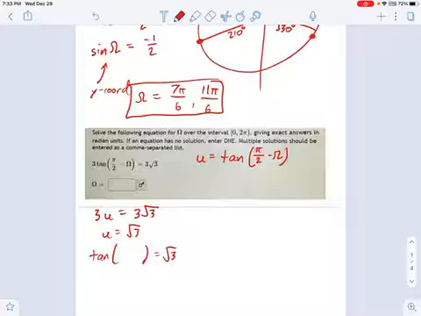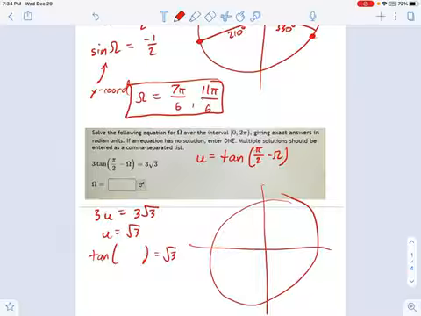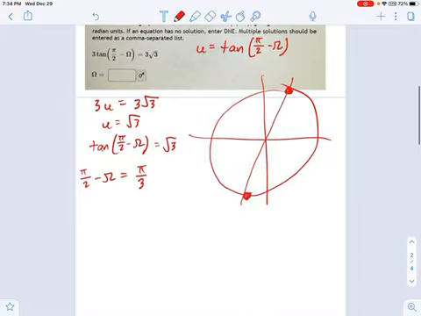which means the tangent of some angle equals the square root of 3. Now, tangents are another thing I have memorized on the unit circle. And I know that the radical 3 values of tangent are up here and down here. Okay, those are my radical 3 spots. So that is going to be some angle. Oh, let me write that in here. Pi over 2 minus omega. So pi over 2 minus omega equals, well, one of those was pi over 3. And the other angle from my unit circle looks like 4 pi over 3.